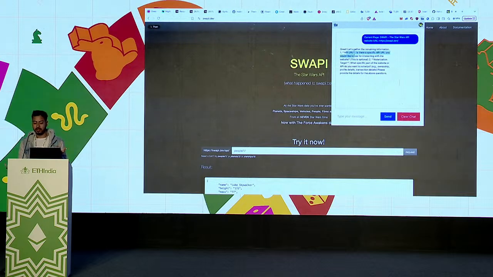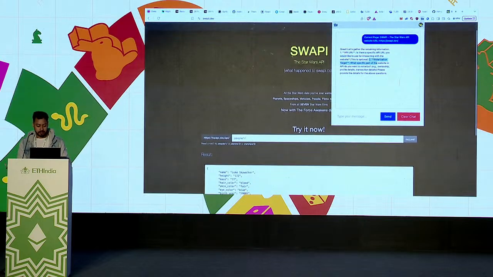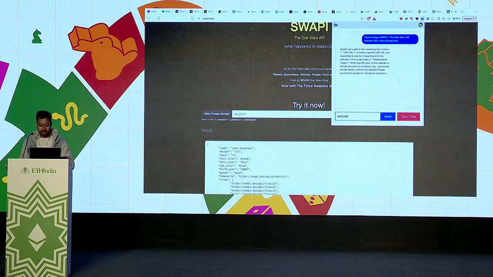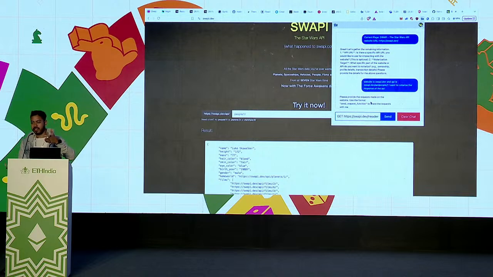It will just ask you what the API is and, if you can, what you want to notarize from this website. So for example, the website here is swappy.dev, and the API is swappy.dev/API/. I want to notarize the response of the API. So it's basically like asking ChatGPT, but on the TLS notary plugin. The difference is you get all the benefits of the extension. Instead of manually copy-pasting the requests and responses to ChatGPT, you can just do it here.